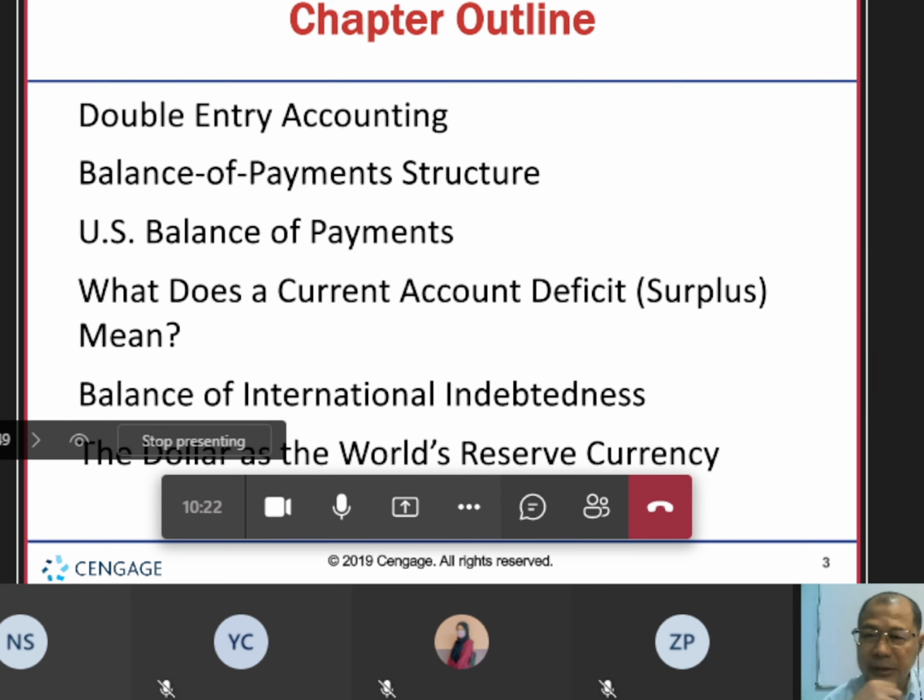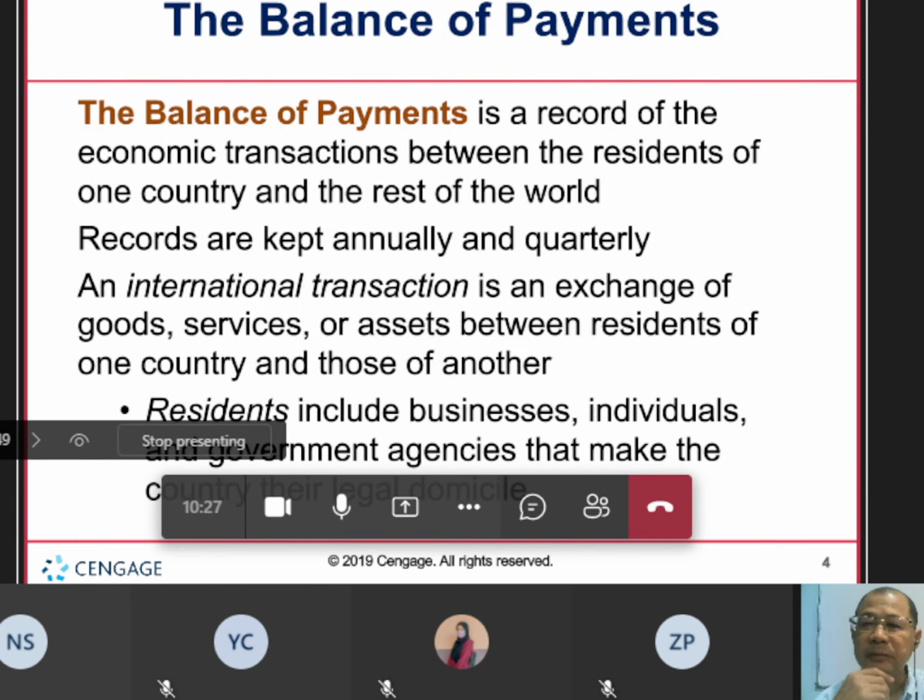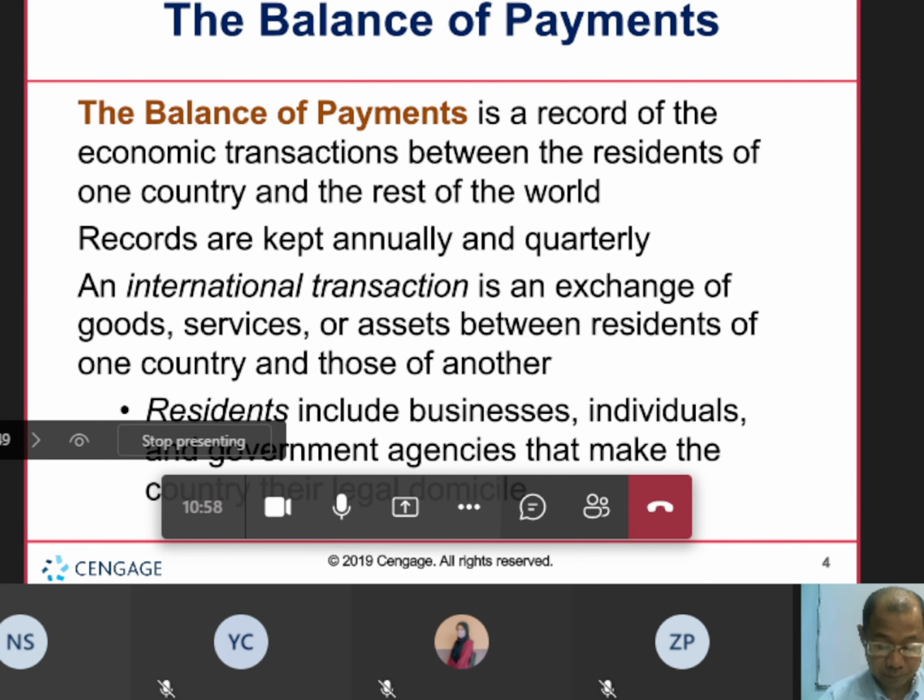So this is double entry accounting, this is the outline. Balance of payments is a record of the economic transactions between the residents of one country and the rest of the world. Records are kept annually or quarterly, and an international transaction is an exchange of goods, services, or assets between residents of one country and those of another. Residents include businesses, individuals, government agencies, and